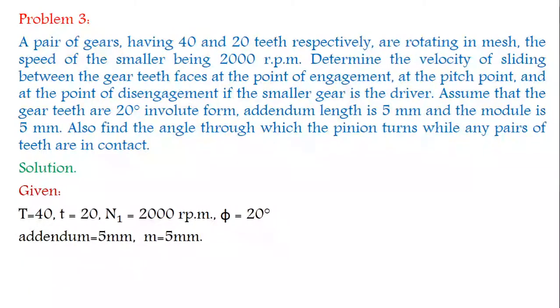For this we have to find the length of path of contact. The length of path of contact is KL, KL equal to KP plus PL. To find KP plus PL, you have to find capital R and small r, capital RA and small RA. This is similar to the previous problem only. This term is the only new term. Let's see the problem.